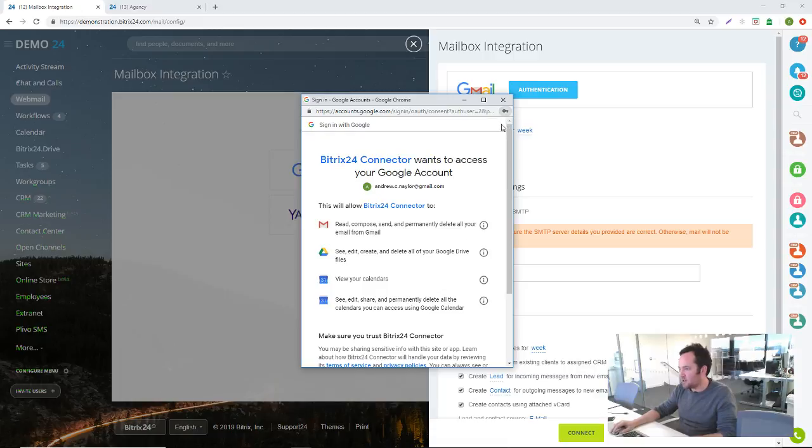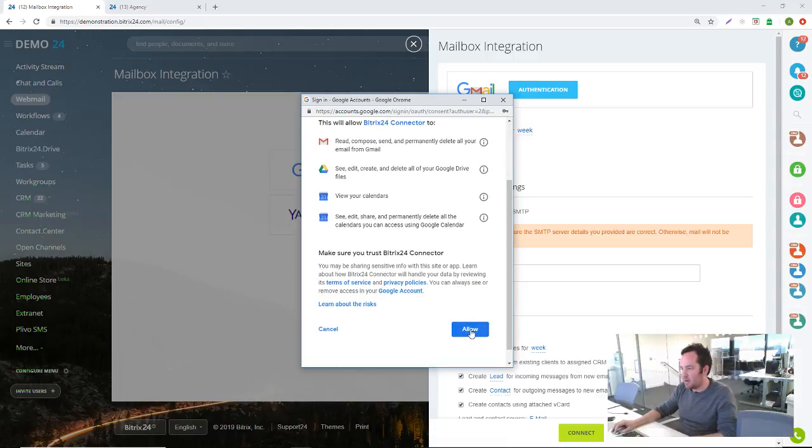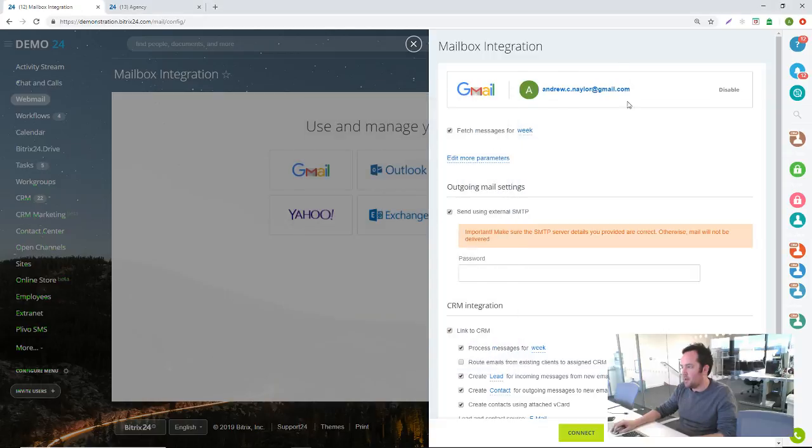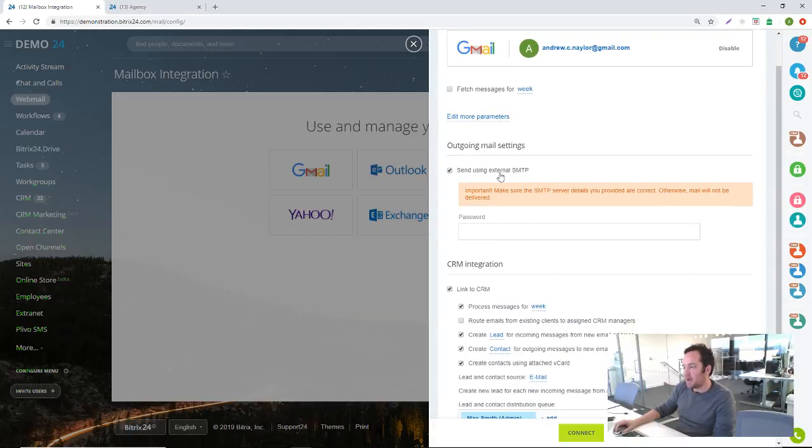And what it will do, it wants to access your mail. Click on allow, and then you can see that it's authenticated your email account. So I could have connected Outlook, I just would have had to go through a few verification steps with my mobile number, but in this case it's a lot quicker and easier to show you. So I've connected my email here. If you don't want to bring in any emails at all, just uncheck the fetch messages. You can send outgoing email from Bitrix as well, so you can just put in your password again for your